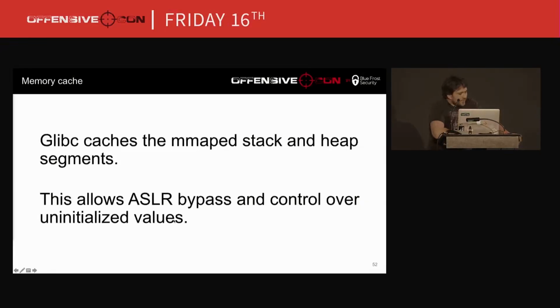Next thing I found was a memory cache. Libc keeps a cache of the stacks it allocates for threads and the heap it allocates. So each time you call pthread_create, it first checks whether there is a stack cached in the list, and if so, it will return this address. The same goes for malloc from the thread. What does it mean? It means that if you leak an address only once, you have a good chance of getting it for another thread. So even if the thread is finished and you have a leak, you can use this address later. It's an easy bypass of ASLR.